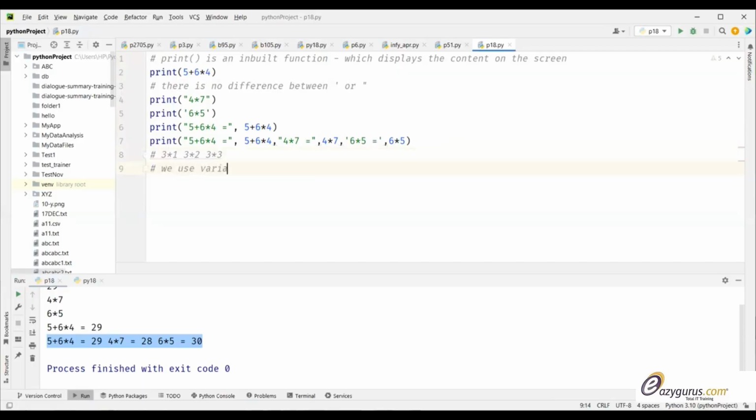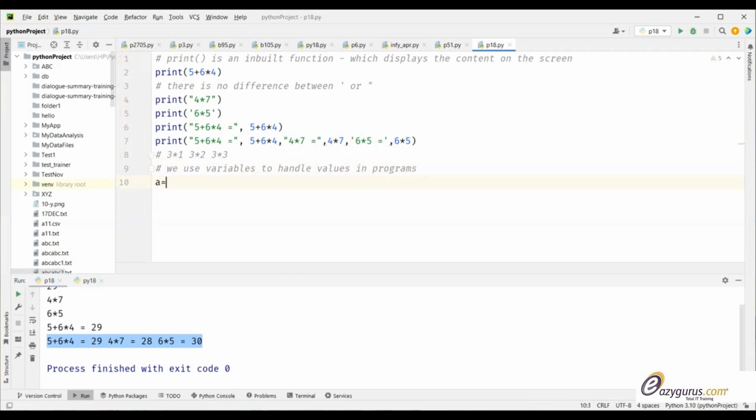We use variables to handle values, in any programming language for that matter. A equal to, let's say, 5. B equal to 6. C equal to 4. And now I will say here